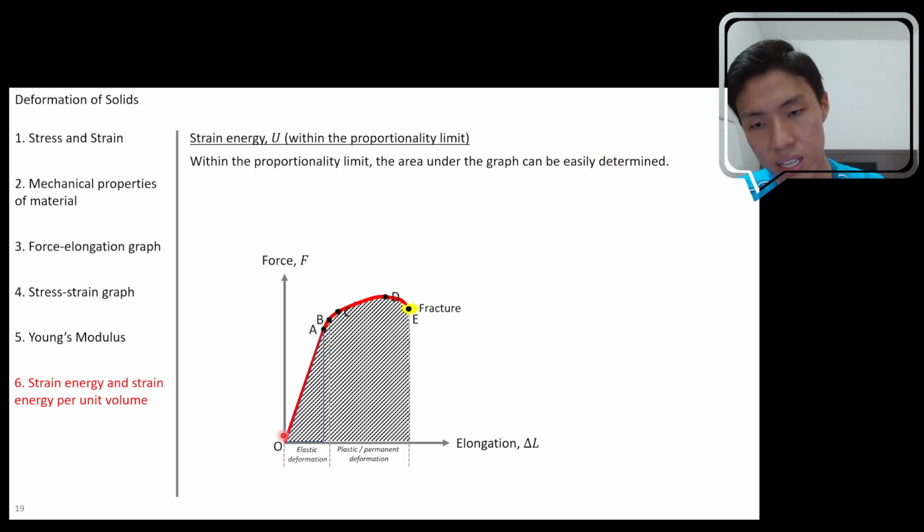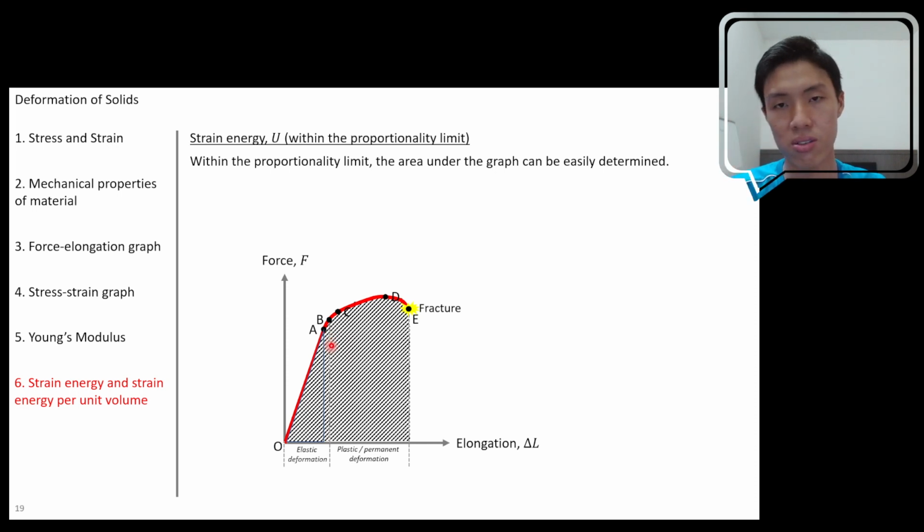So we know that there's a starting proportional limit, elastic limit, then your offset yield point, you have your ultimate tensile strength and fracture. But what happens is everything that happens beyond point A here is no longer linear. Anything that happens beyond point A, they are not directly proportional. The force and the elongation are not directly proportional. So this area here is actually very hard to determine because it's an irregular shape. But the region from O to A, because it's linear, this area here is just a very simple